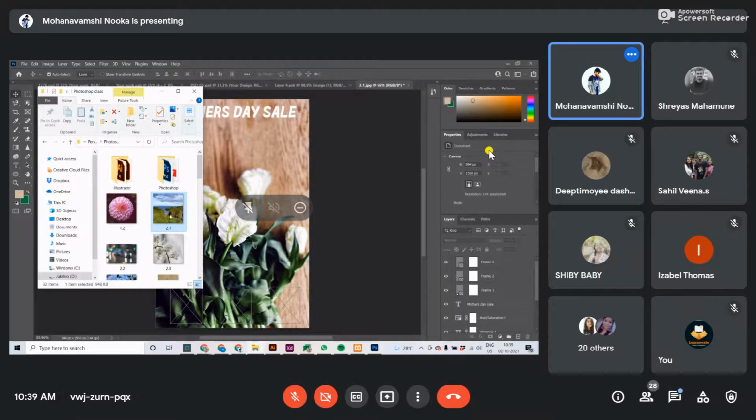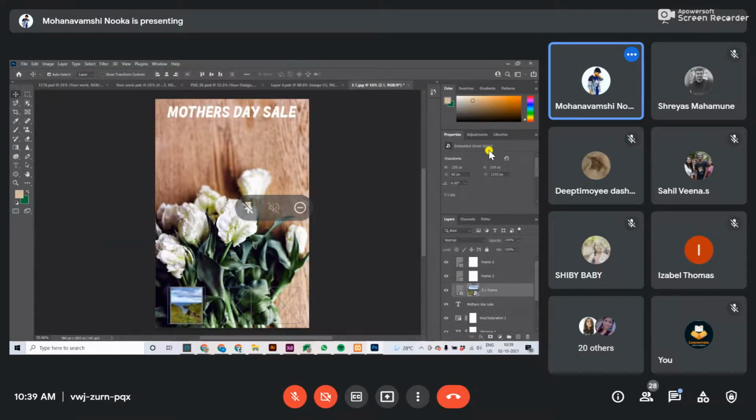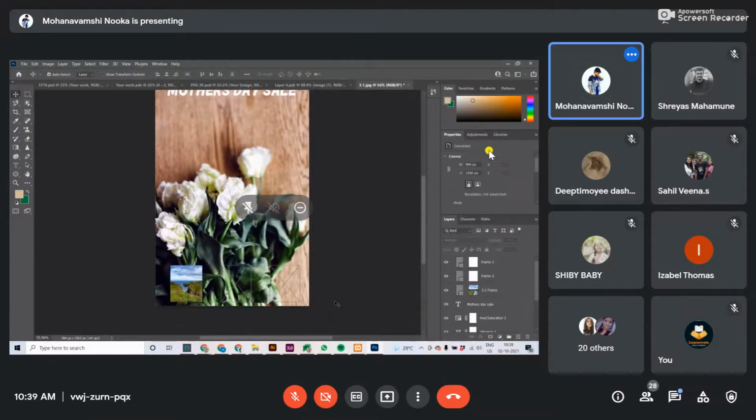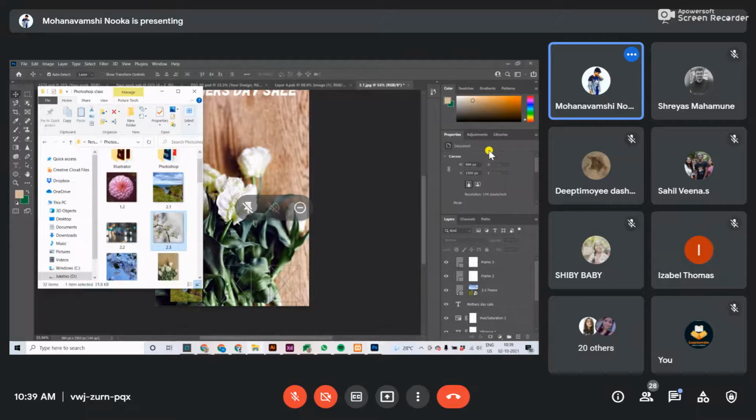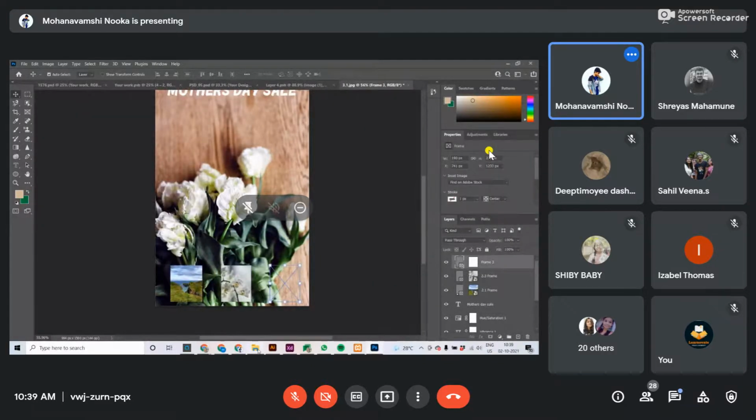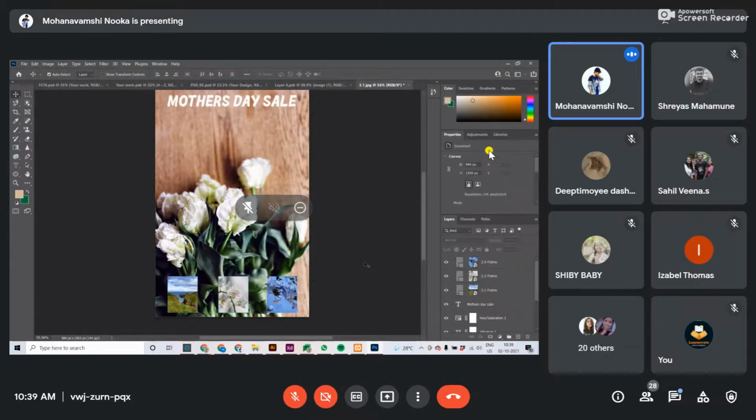Just open the folder and paste. That's it. Using Control T, you can change the size of the image. This is how you can add other images in the same image.